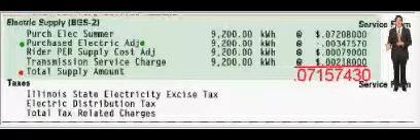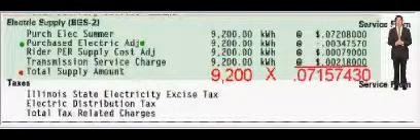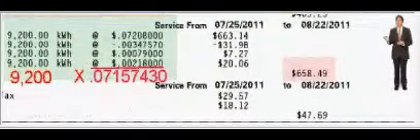So how do you find out what your supply cost was? Well, you take this number and you multiply it by your usage of 9,200 kilowatts on this particular bill, or whatever yours is on your bill. And you'll notice that on the right hand side, they've already totaled it up. This particular bill has a $658.49